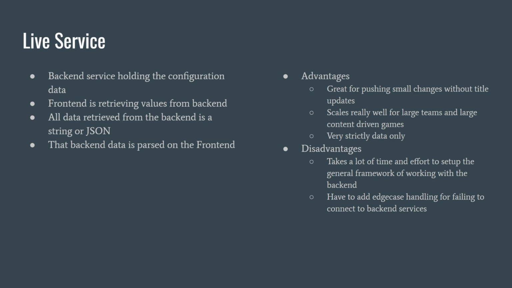And you also end up having to handle edge cases of if you want to support offline play, well, what if the backend disconnects? But we still want them to keep playing. We have to set up frameworks, and then you end up building two games essentially. And it's very slow for prototyping and requires a lot of pre-planning because as I said earlier, you have to know that this is going to be a float value or it's a string value or it's pointing to an asset path for a texture to load or something like that. So it makes mapping content a nightmare and setting up things for designers to prototype new things kind of a nightmare